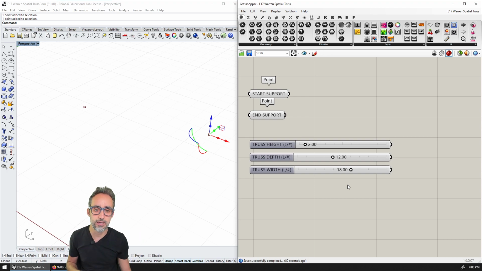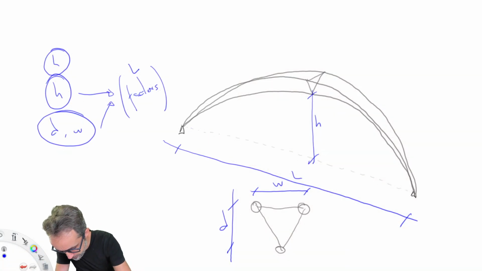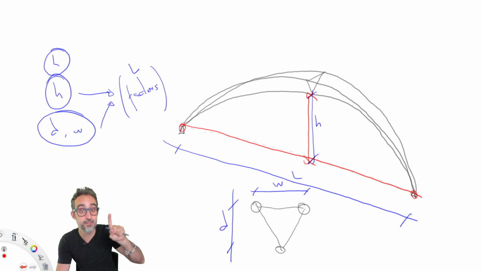I'm going to follow a very simple logic. I have the 2 supports, I'm going to create a line between them, find the point in the middle, and move that point a controlled amount of distance in the z direction, which is going to be h.